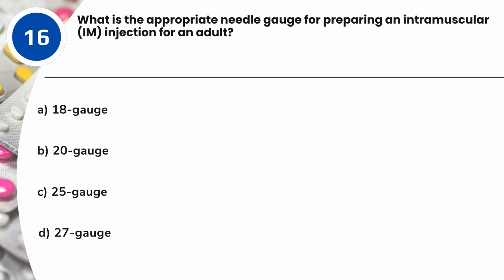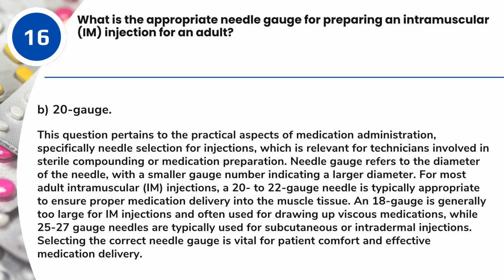Question 16. What is the appropriate needle gauge for preparing an intramuscular, IM, injection for an adult? A. 18 gauge. B. 20 gauge. C. 25 gauge. D. 27 gauge. Answer B. 20 gauge. This question pertains to the practical aspects of medication administration, specifically needle selection for injections, which